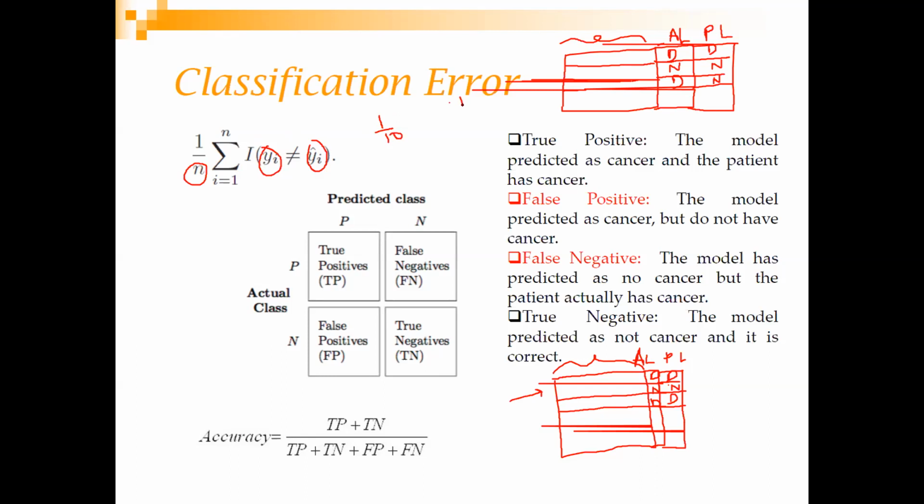Is it clear to you? Now what we are going to do is, there is something called the confusion matrix. This is a very important concept. A very simple concept, but initially it may sound a little difficult to you. So please ask me if you don't get it. There can be 4 cases.